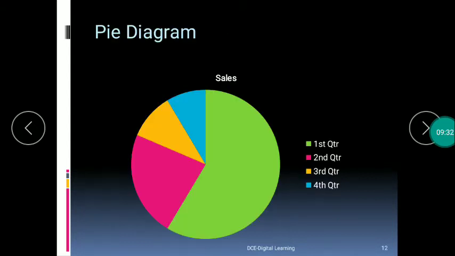Now let's look at the third type of diagram or chart, which is called a pie chart. So here is how a pie chart looks like, and this particular portion is called a pie, which is a share. For this you need some drawing instruments like scale, protractor and compass for drawing a pie chart.